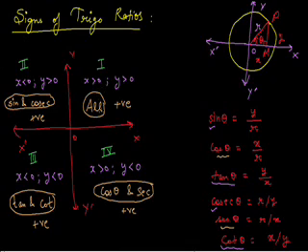So in the first quadrant, all trigonometric ratios are positive. In the second quadrant, sine and cosec are positive. And in the third quadrant, tan and its reciprocal cot are positive. In the fourth quadrant, cos and its reciprocal secant are positive. To remember this,